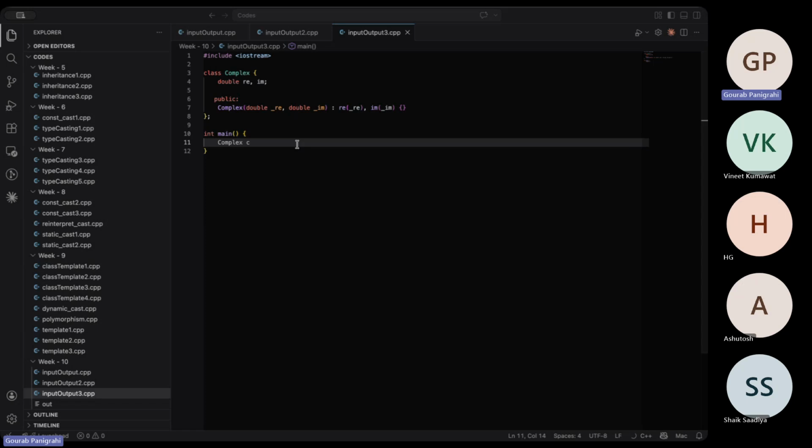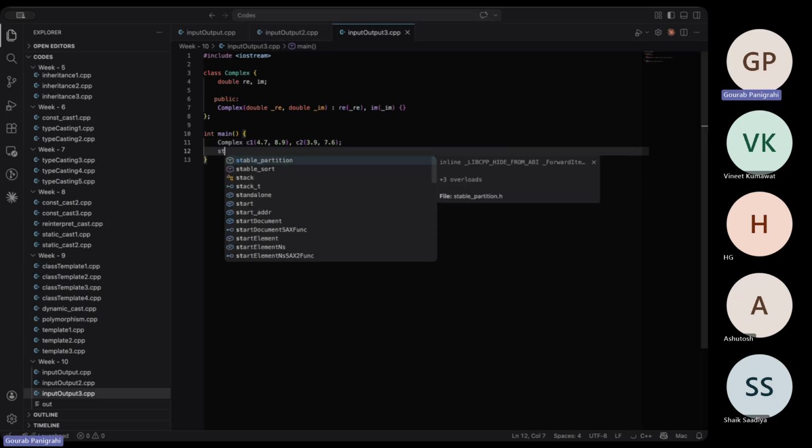I'll define the complex number C. Let's define two numbers, C1, let's say this is 4.7 and 8.9, and C2 as 3.9 and, not 4, 7.6. Yes. Okay. Now,